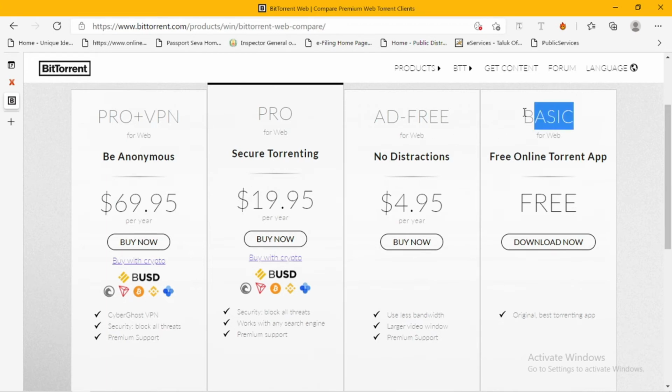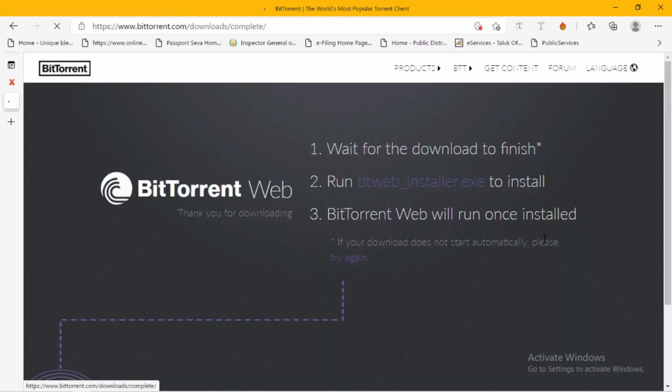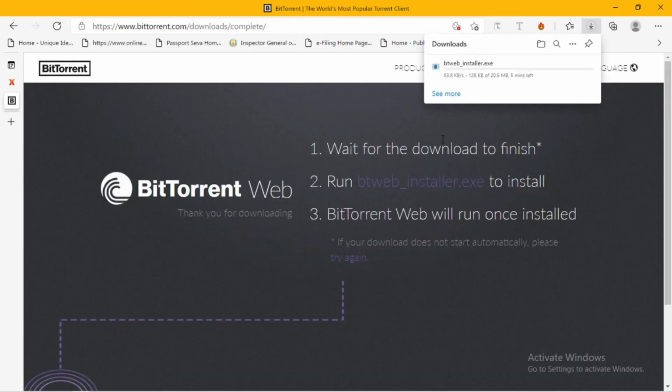Since our option is basic, we are gonna use it for an online torrent tab. I'm gonna click on the free option, which is the original torrenting app. I'm gonna click download, and it's gonna download the installer file for the BitTorrent web app. After the installation, it shows an open file option. I'm gonna click on open file, and which